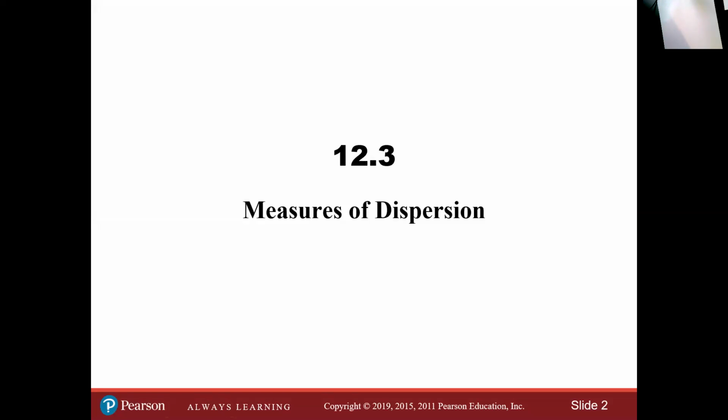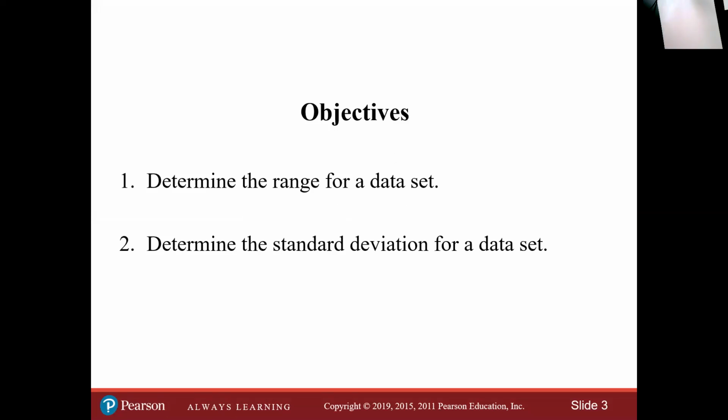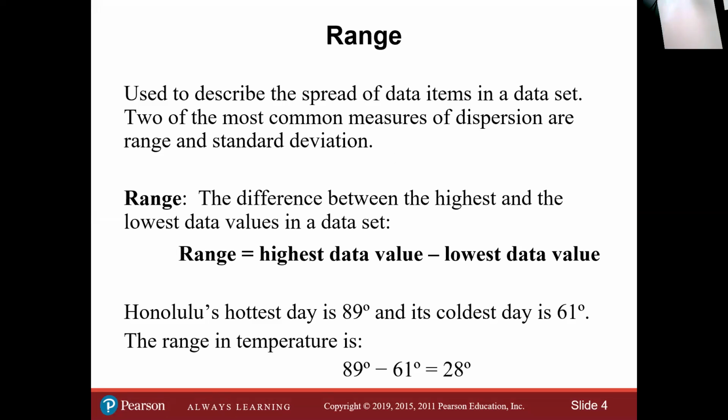Okay, this next section is on measures of dispersion. When we talk about dispersion, we're talking about how our data spreads out. A very simple method to measure the dispersion of your data is the range. The range is a very quick and easy way to find out how spread apart your data is. You take the highest value, subtract the lowest value, and that gives you some idea of the spread of the